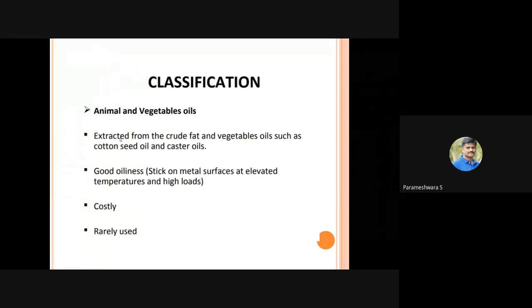Then classification based on animal and vegetable oils. These liquid lubricants could be derived from vegetable, animal, or petrochemical products. If it is extracted from crude fat and vegetable oils, such as cottonseed oil and castor oil, it is vegetable based. And if it is extracted from animals, it is animal based. So normally,